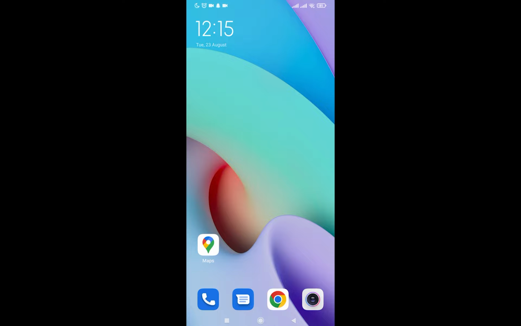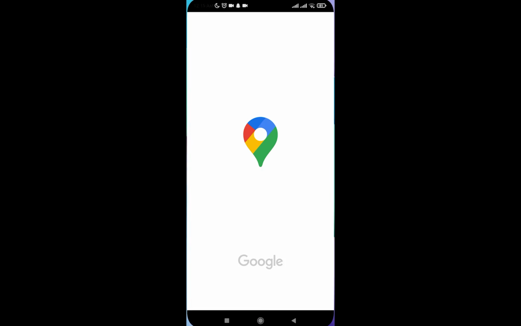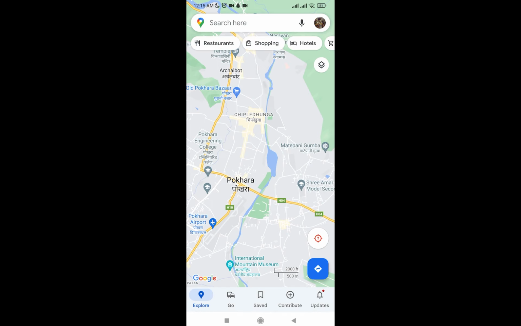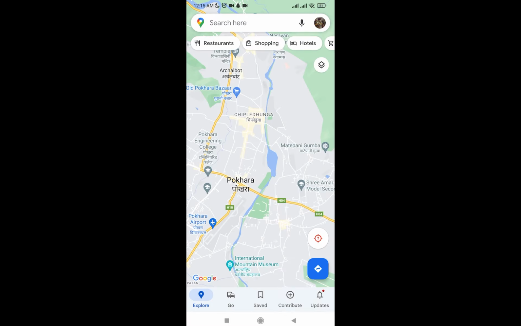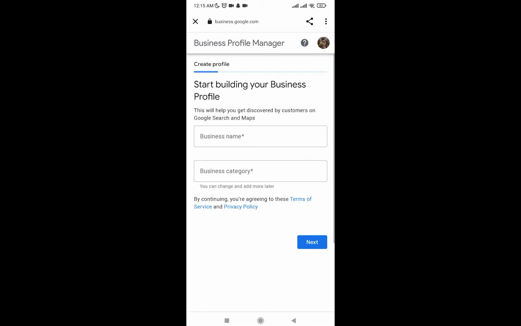So in order for you to go ahead and do that, simply go ahead and open Maps. Once you have done that, on the top right you want to simply go ahead and tap on your profile icon. Once you have done that, there's going to be many options, and among those there is going to be a button that says add your business. So simply go ahead and tap on add your business,